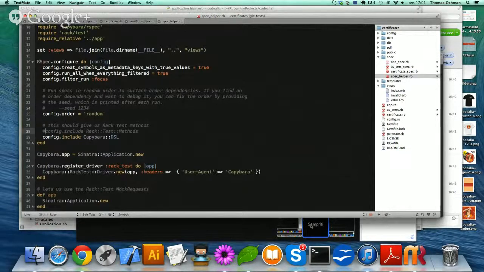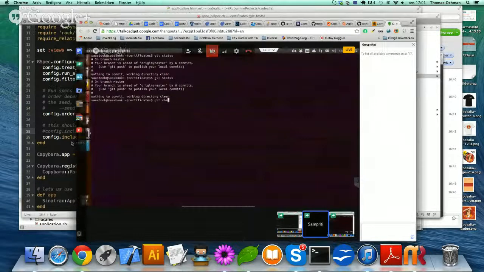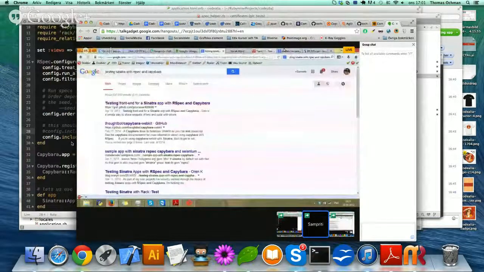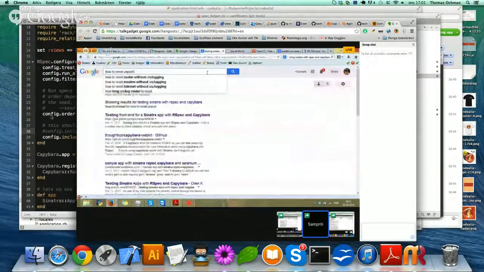Okay, I just messed up again. I spoiled my master. Hopefully Stack Overflow will help. How to reset unpushed commits.